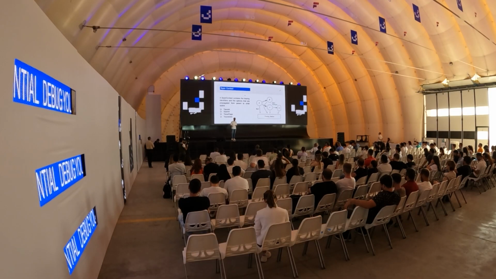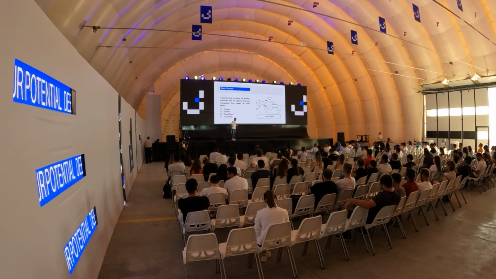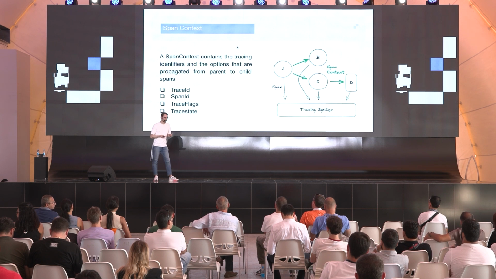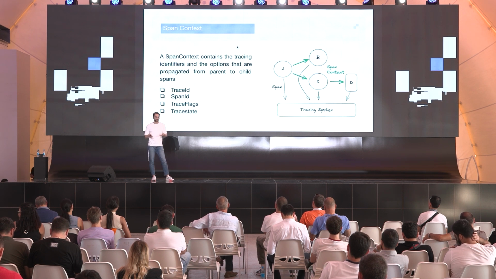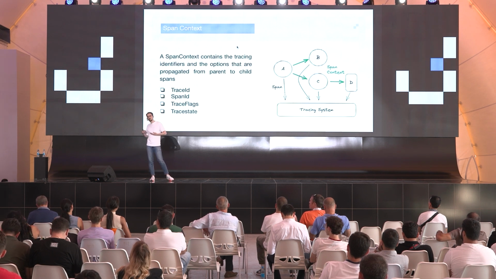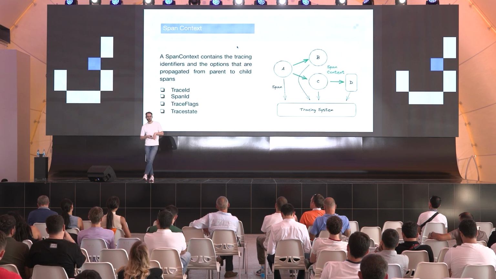So let's consider an example where there is an incoming request into the system that flows through the system. And in the middle of the chain of calls, one service is not propagating span context. Then there is no information in downstream services to connect their spans to the original request. And tracing data will not be full. So be aware that in order to implement tracing, it is pretty important for all services and applications to propagate context between services and inside services as well.